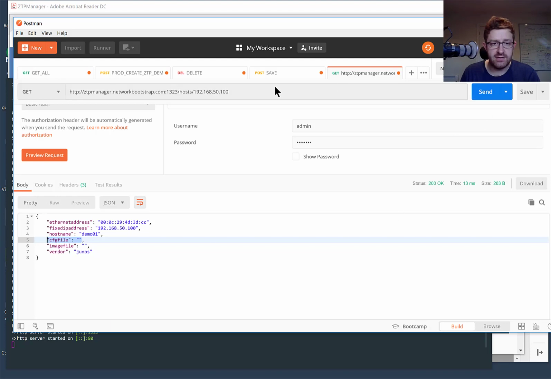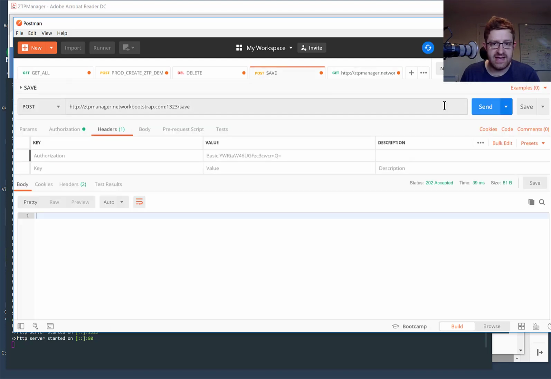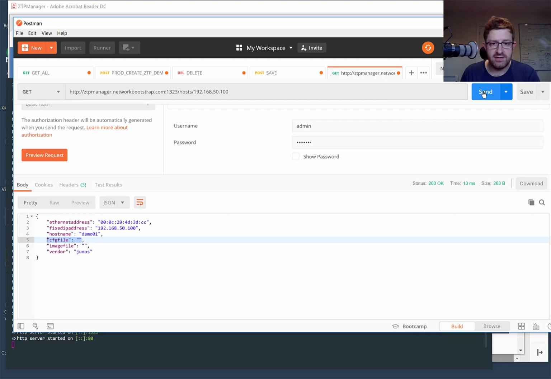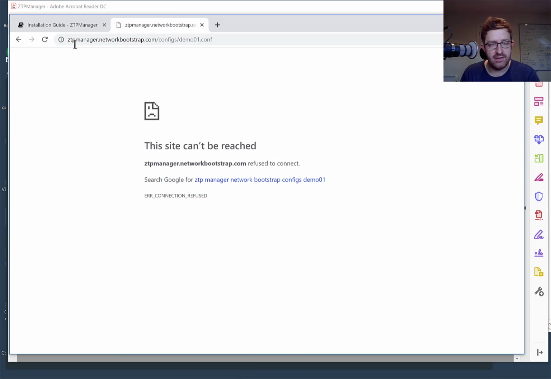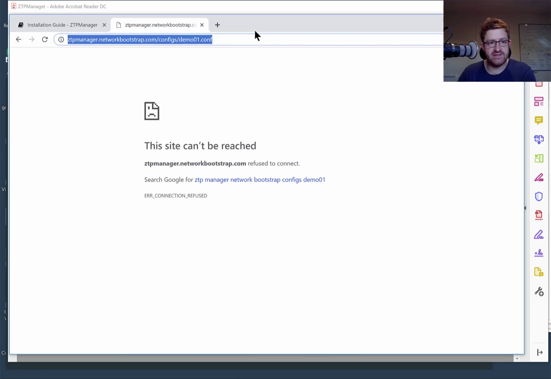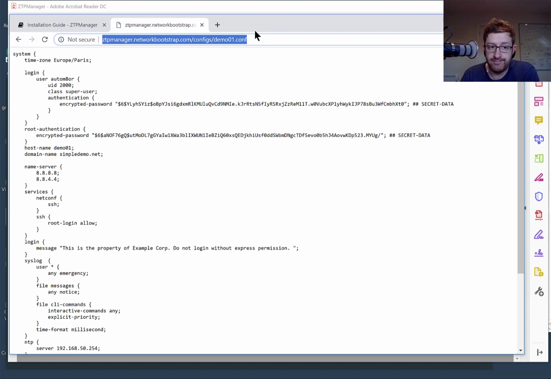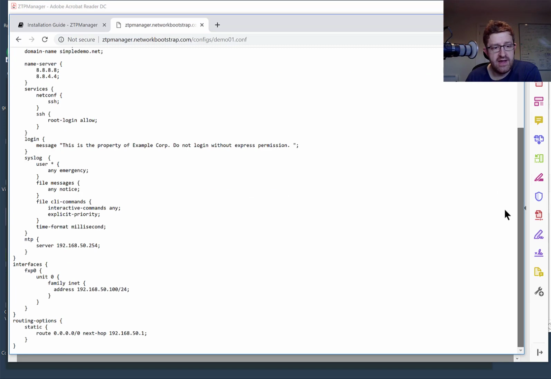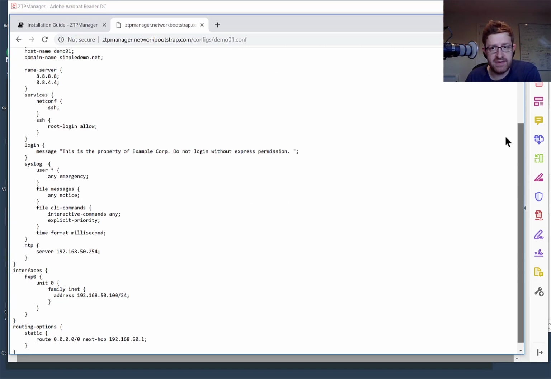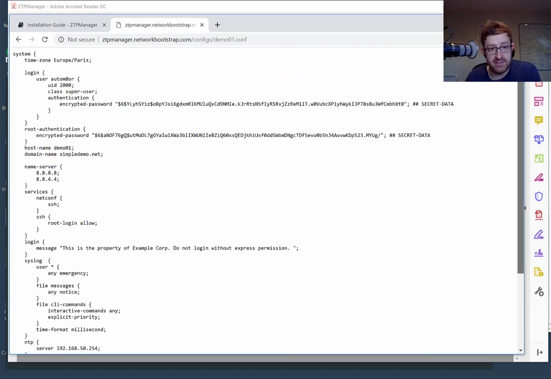So what I'm going to do is hit save, and then do a get. Now you can see the config file has got a file, which is particularly interesting. If we go here, I've just rigged this: ztpmanager.networkbootstrap.com/configs/demo01. And this is the completed configuration from the template with the information that was stored in ZTP Manager's